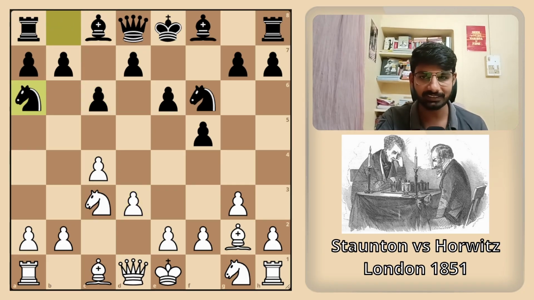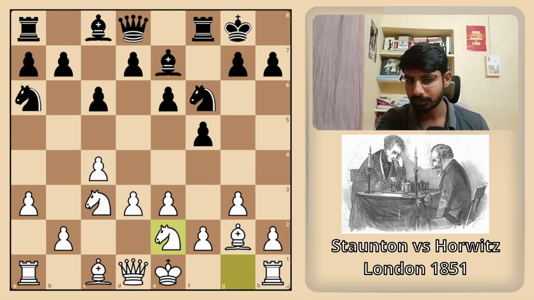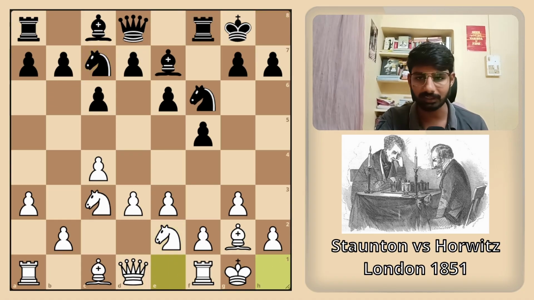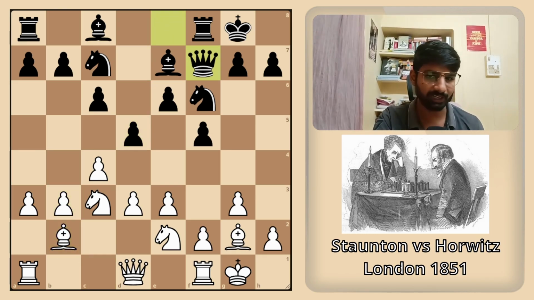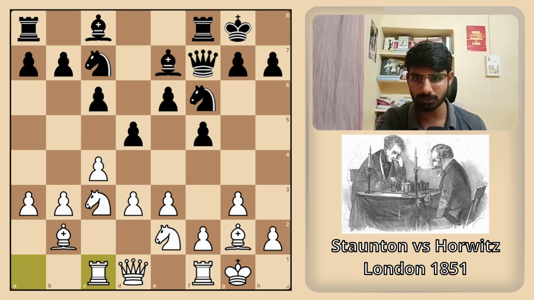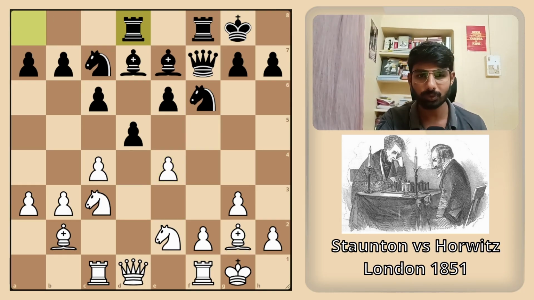So d3, Na6, a3, Be7, e3, castle, Ne2, Nc7, and castle. So d5, b3, Qe8, Bb2, Qf7, Rc1, improving all the pieces. Bd7, e4, striking at the center. Already white finished this development, so he's striking at the center. So f takes e4, d takes e4, Rad8, e5.